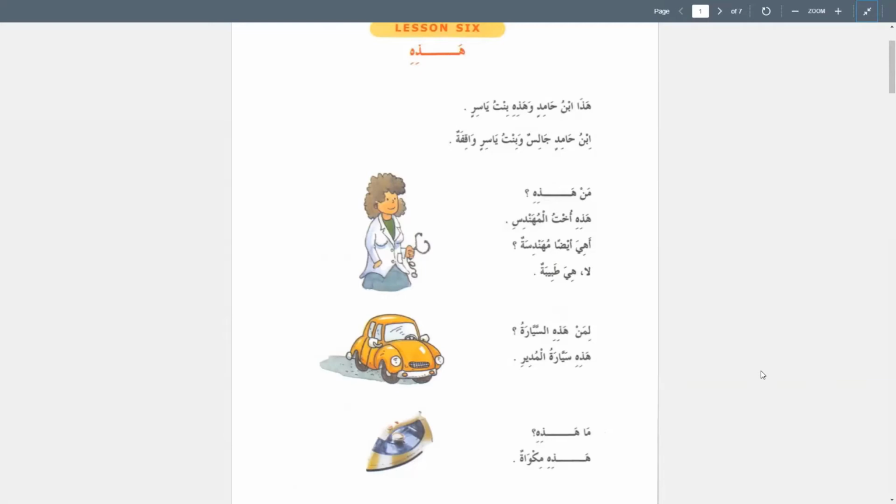Mother Ibnu Hada ibnu. Hada Ibnu Hamadin wa Hadahi Bintu Yasserin Ibnu Hamadin Jalasun wa Bintu Yasserin wa Waqifatun. Men Hadahi. Hadahi, good. Hadahi